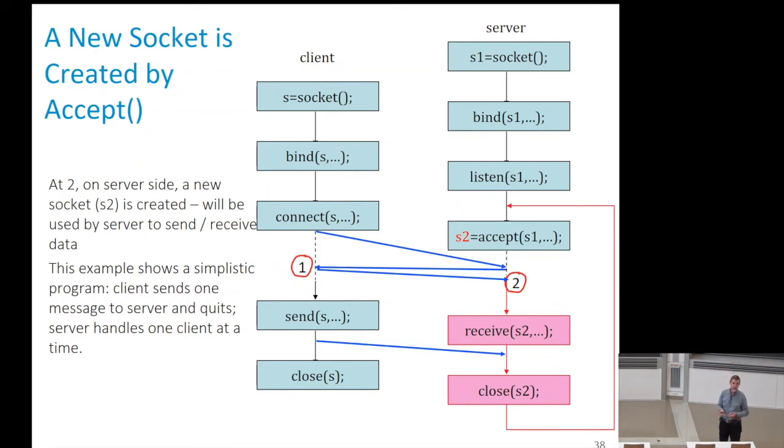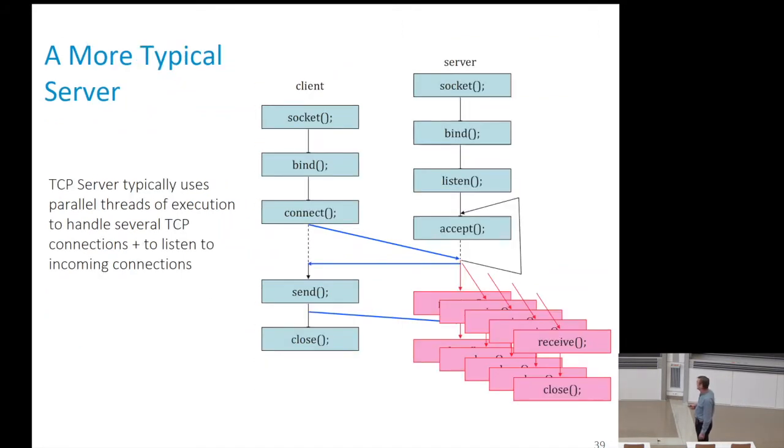Right? So hopefully the web servers are able to handle more than one client at a time. So this is the very typical way this would be done. When you are writing the code of a server, typically after the accept, you create a new thread. Typically, you could create something else, but some form of parallelism such that a thread of execution will be able to work with this socket. And then once this thread is created, you can quickly come back and accept another one and create a new